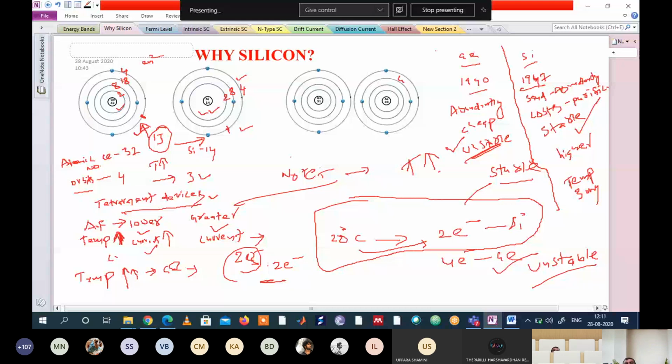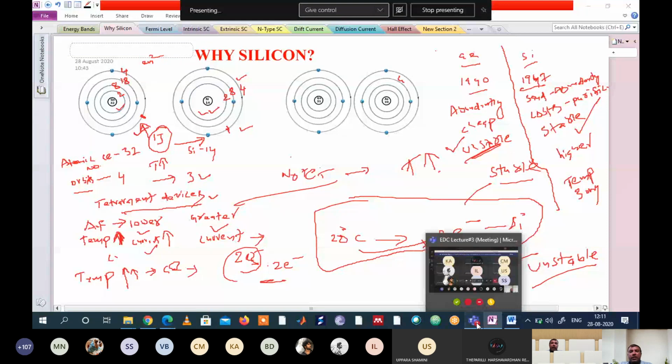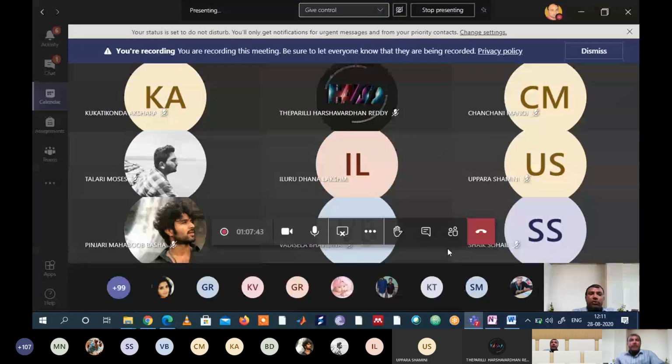So dear students, please follow these differences of germanium and silicon. Next class we'll discuss gallium arsenide also. These are single crystal semiconductors we are discussing. Now we can discuss compound crystal semiconductors also. Please follow this accordingly, and we'll carry forward with compound crystal semiconductors in the next class.